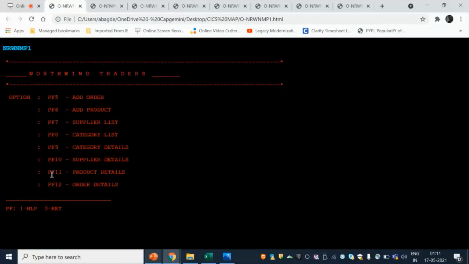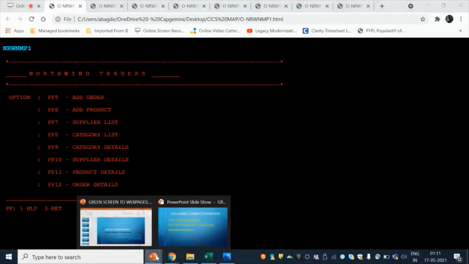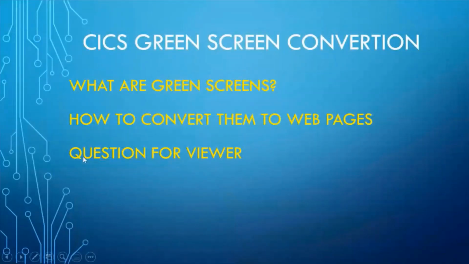We can say that when we are migrating from mainframe or the EBCDIC data pattern to non-mainframe or Windows, where we are dealing with ASCII, the keys are different. PF5, F5, F2, these keys are different. And if we are taking care of these things, then we can say that we have perfectly migrated our mainframe screens or the CICS green screens. I think that I have addressed these things also. And guys, that's all for this video.